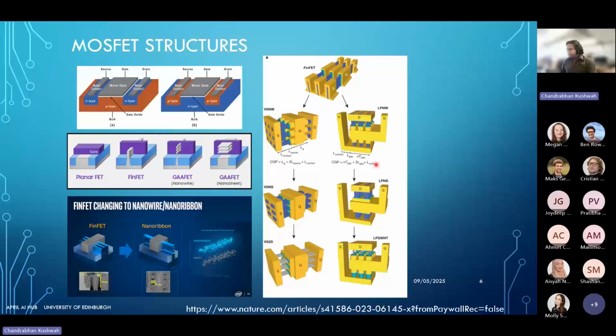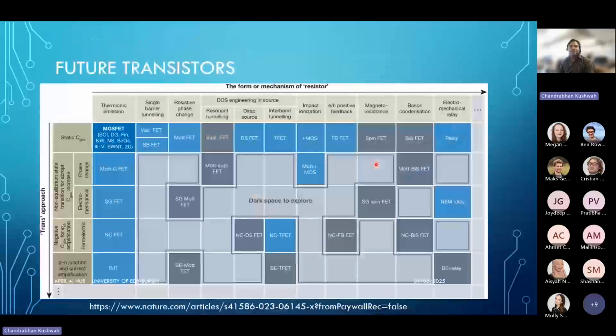We will also see new kinds of devices emerge from the combination of different materials and structures. Although MOSFETs have powered decades of computing innovation, their operation mechanism is starting to show fundamental limits as we scale down device sizes. We are not seeing proportional improvements in power efficiency or energy consumption. This has led researchers to explore alternate transistor concepts, often referred to as beyond-MOSFET technologies, to overcome this